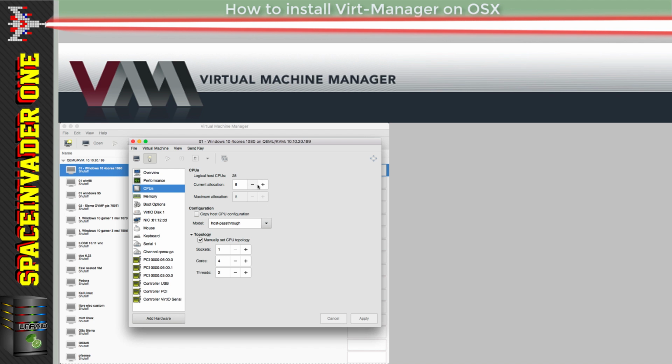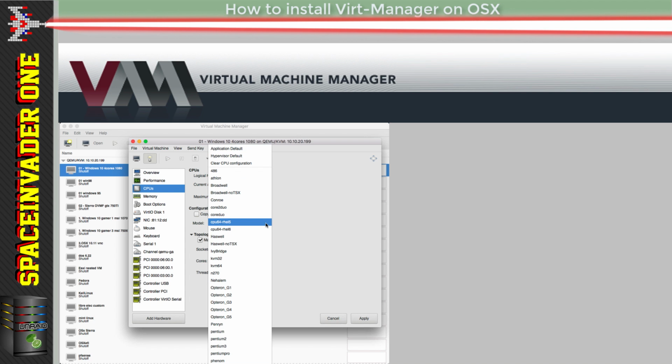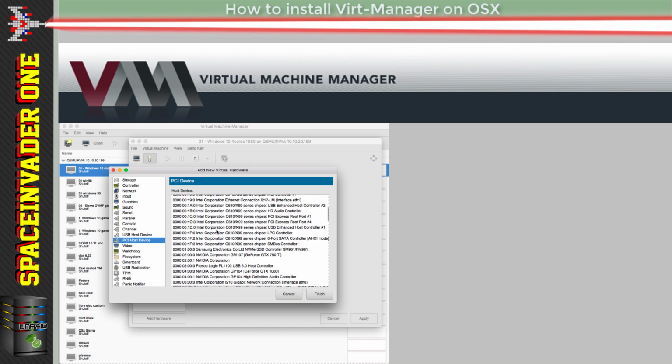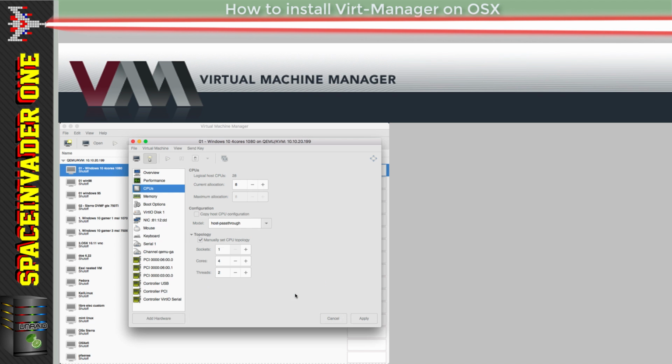For instance, we can change the CPU allocation, we can change the virtual CPU type, and we can add additional hardware. We can add everything from virtual sound cards to virtual video drivers, and we can pass through our PCI devices. Anyway, this isn't a video about how to use virt-manager, it's just a video on how to install it